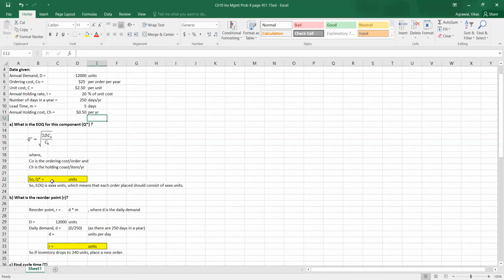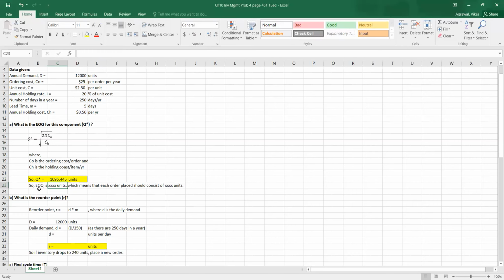So if you put everything in the formula, it should be equals to the square root of 2 times annual demand times ordering cost. So I would like to place another parenthesis here, divided by carrying cost, with an additional bracket here, and that should give you